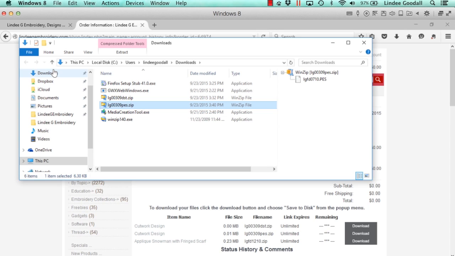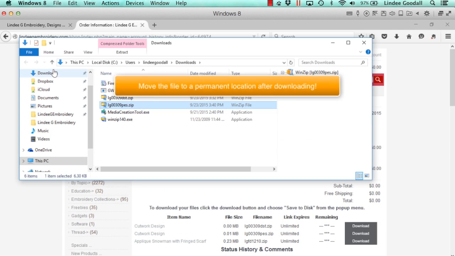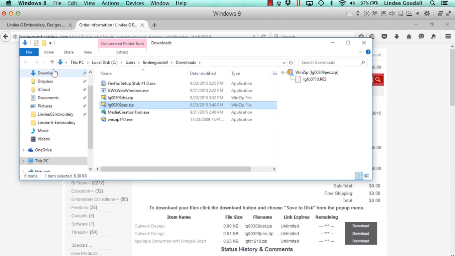Now, you can set up your folders to be in a specific place. I prefer to just download them to the Downloads folder and then move them, because that way I know where it is, because I have a bad habit of downloading and putting them somewhere and not knowing where they are either. But you can also search. So you can search your computer and look for the file name. So if you know you've downloaded it,